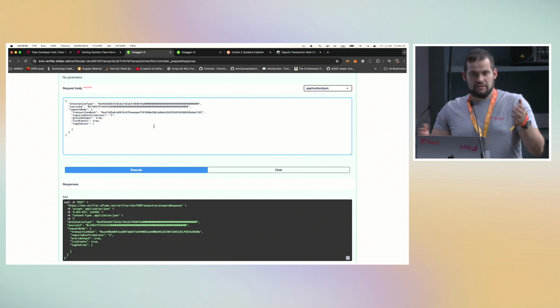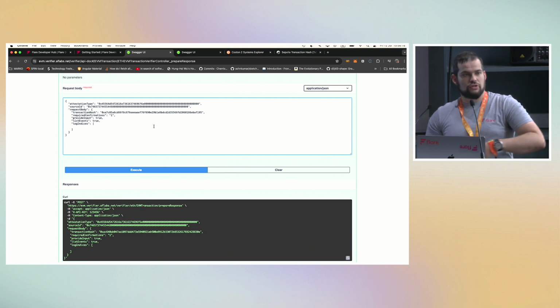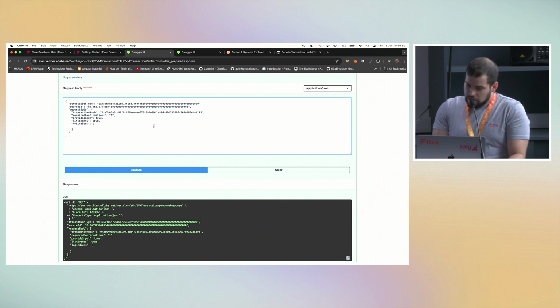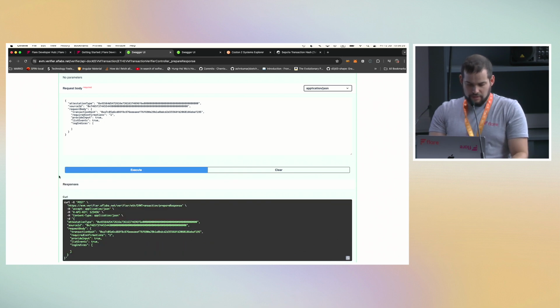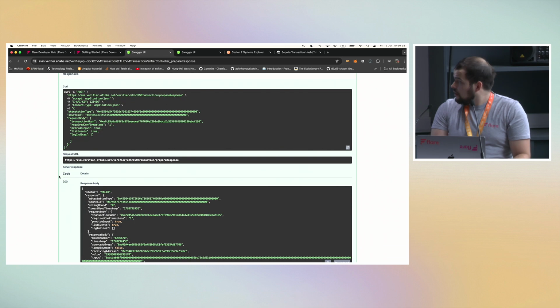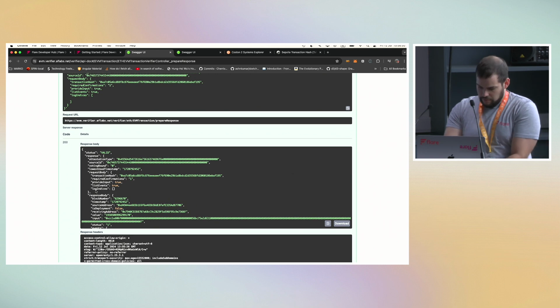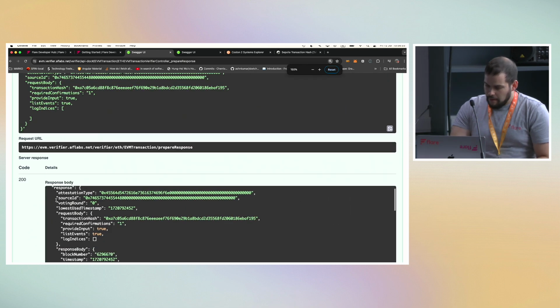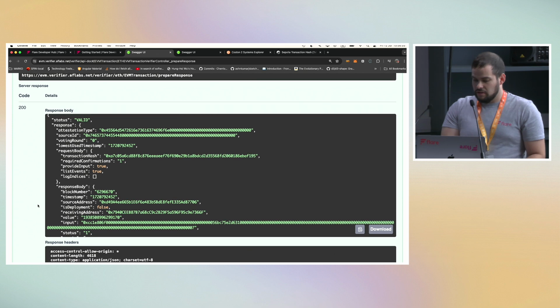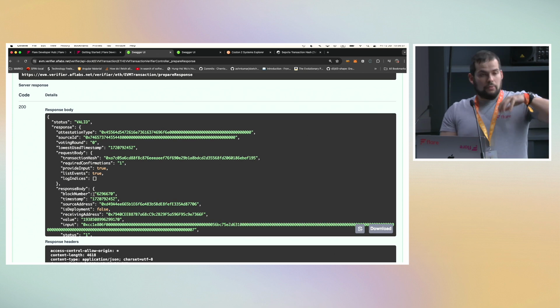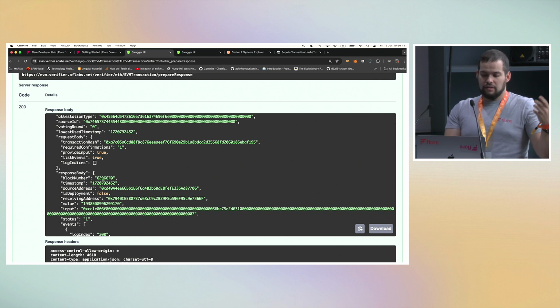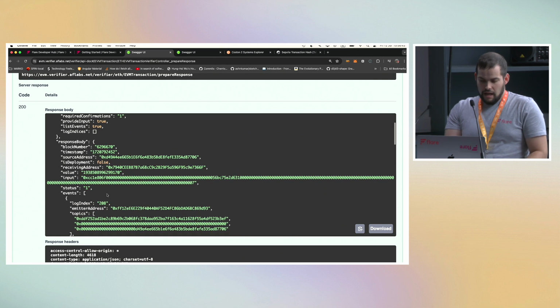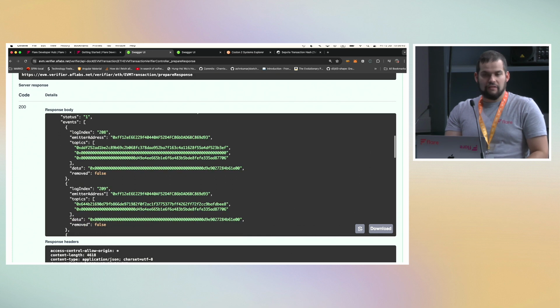This is just a nice Swagger UI. We also provide the same tooling as with the FTSO to just do this directly from JavaScript. So what I'm saying here is, okay, go to EVM chain, go to Sepolia, and give me information about this transaction. I get a response, which is, again, a bit small, but I get a bunch of information about this transaction that can then be proven on-chain. And what do I get? I get the block number, the timestamp, the source address,